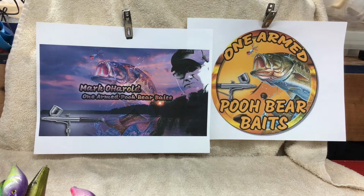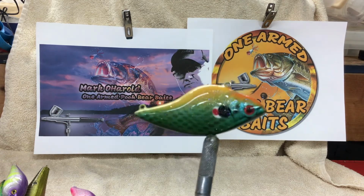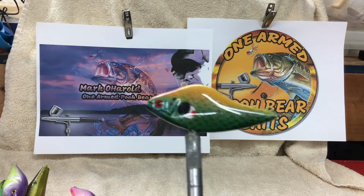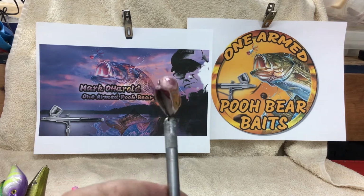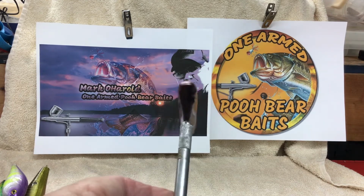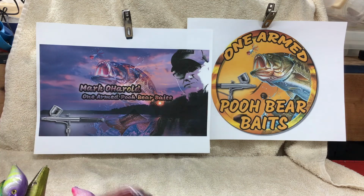And of course, a rattle trap style and sunfish. And a rattle trap style in just a black cherry with a black back. Last but not least is